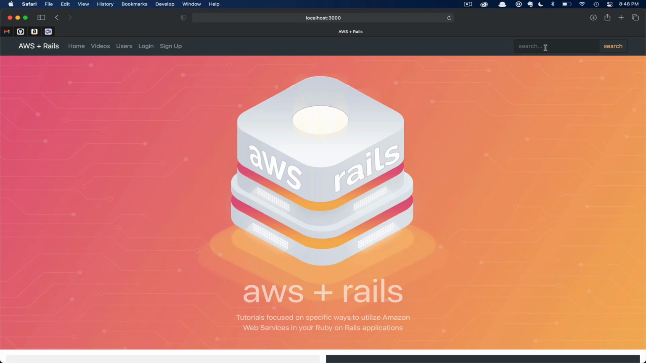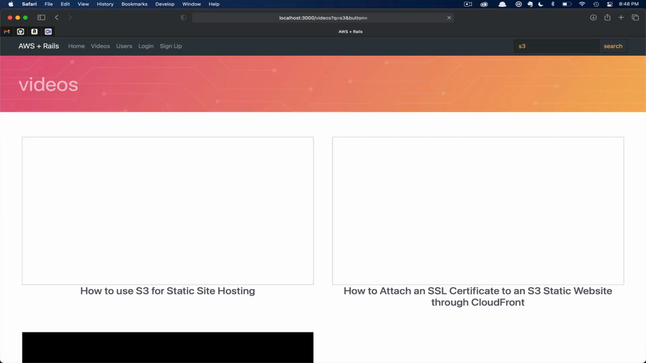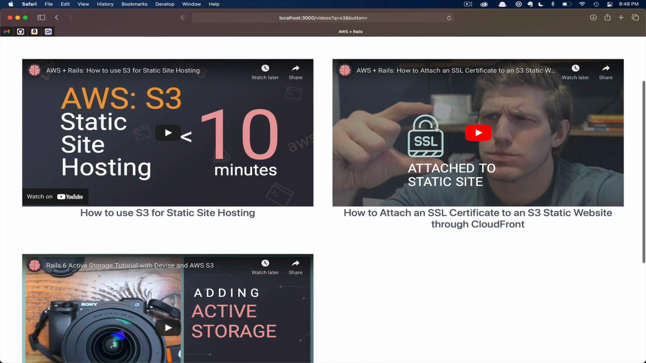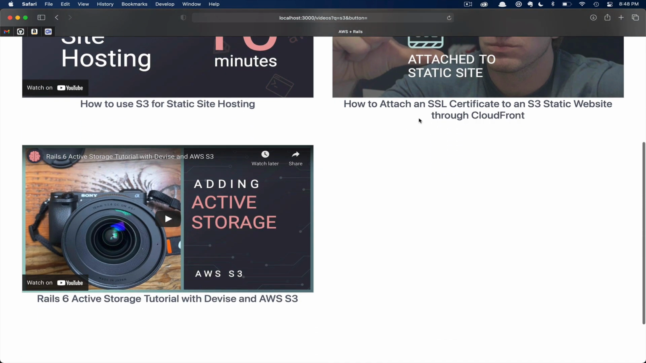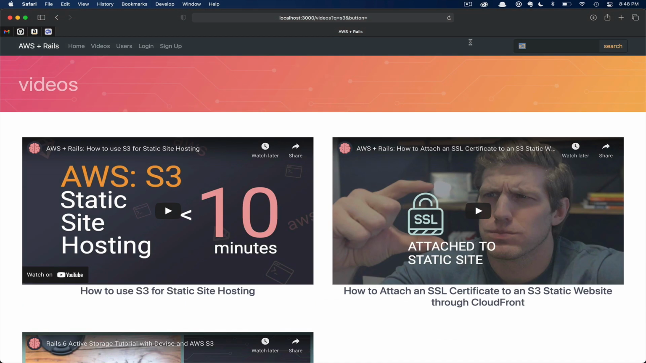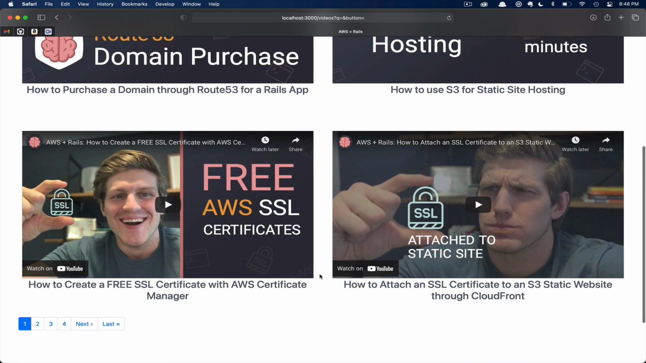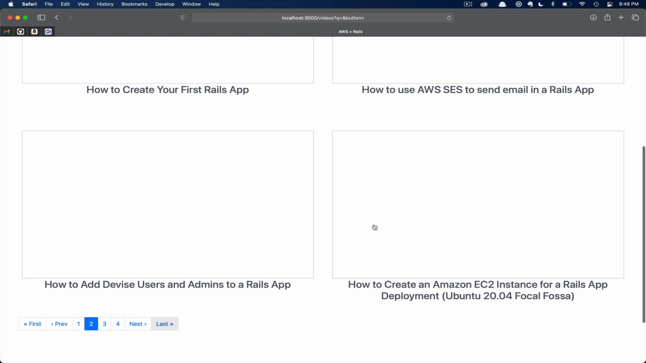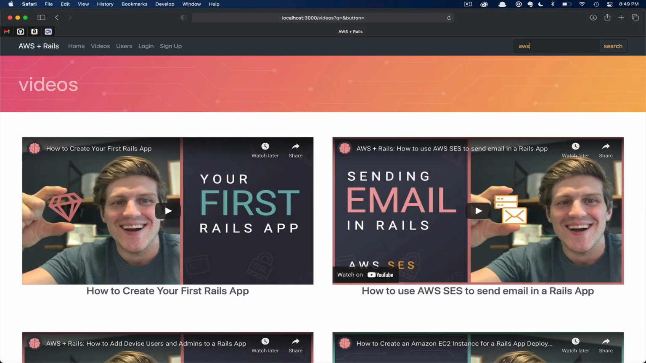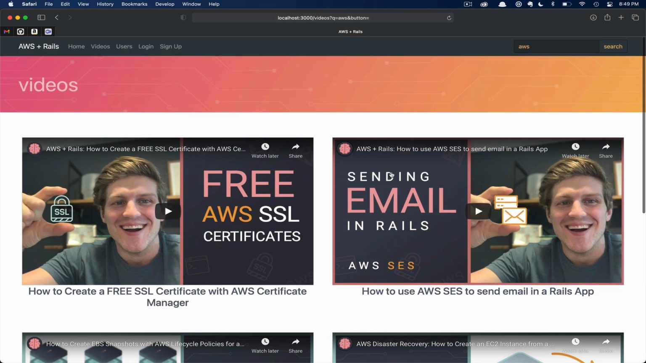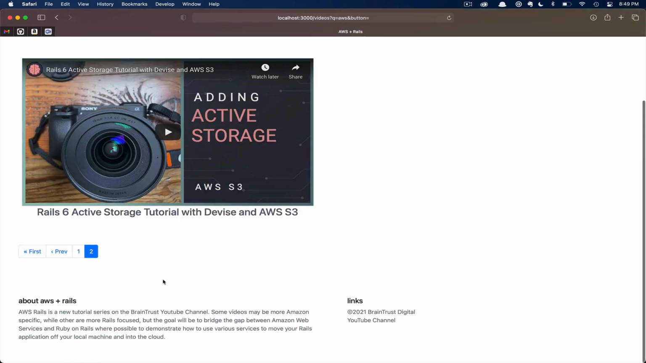If we flip back over to the browser and then search for S3 and hit enter, you can now see the videos that have S3 in their title. If we clear out the search term and hit enter again, it's just going to show all of our videos. You can still paginate as always. If we search a more common term like AWS, then you can see we have multiple results and therefore 2